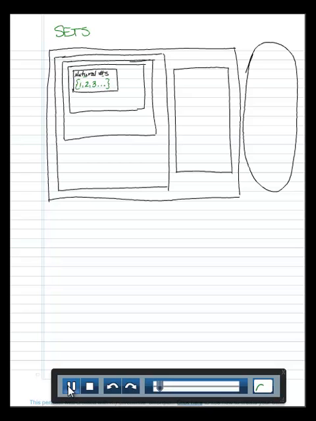And I'm using set notation. This tells us that it is all the positive whole numbers, and these little ellipses tell us that it goes on forever to infinity. The next set is the set of whole numbers, and the set of whole numbers is